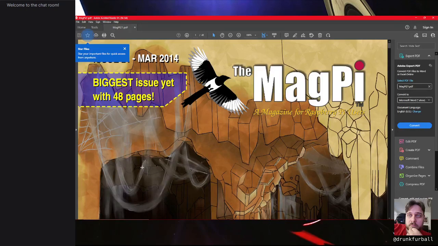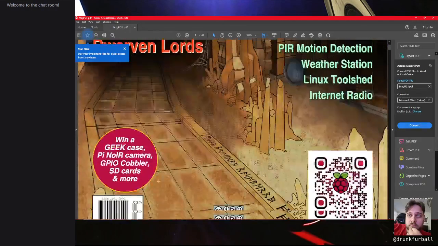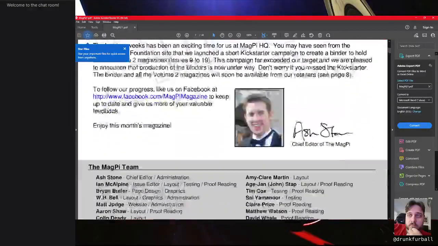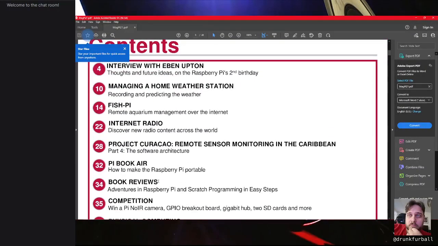Well, with the Raspberry Pi, this magazine for Raspberry Pi users also came along, and it does a lot of that same sort of thing. Every issue, there's all kinds of interesting, cool projects people have been doing, instructions for projects you can try at home. Some of them are science experiments, some of them are DIY projects, some of them are